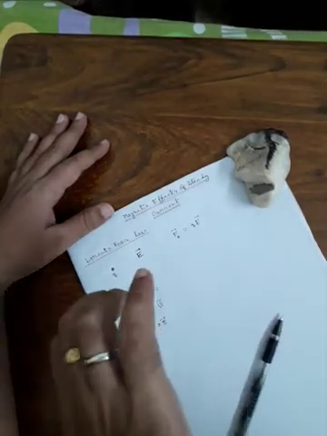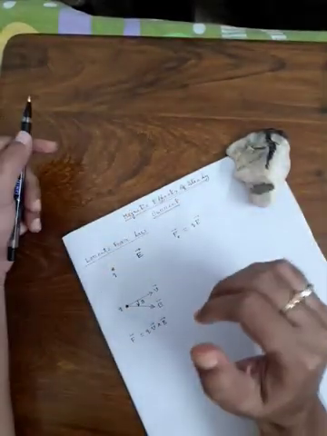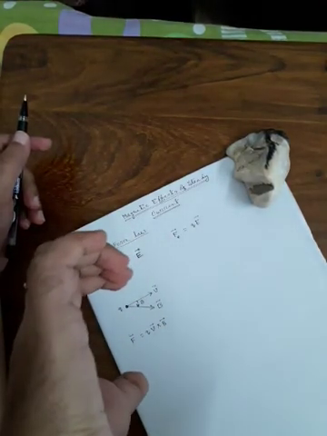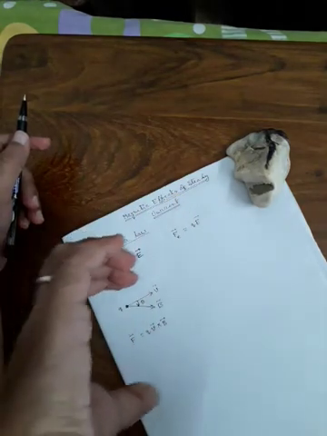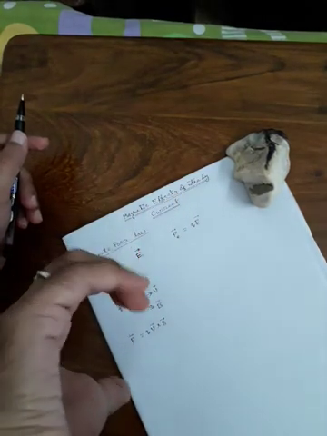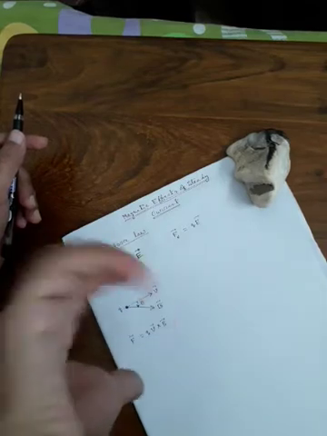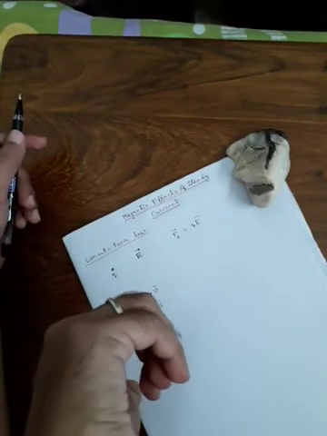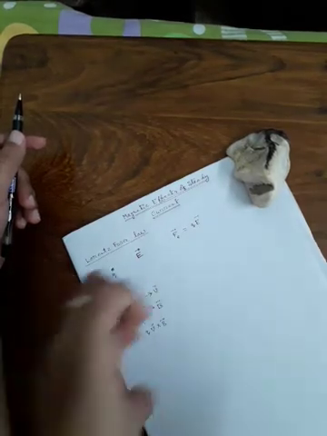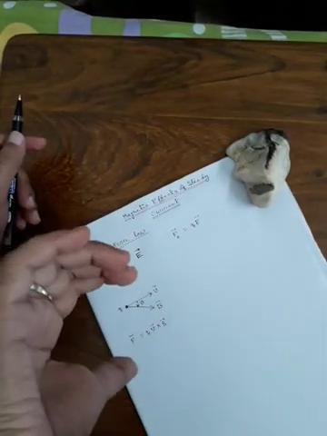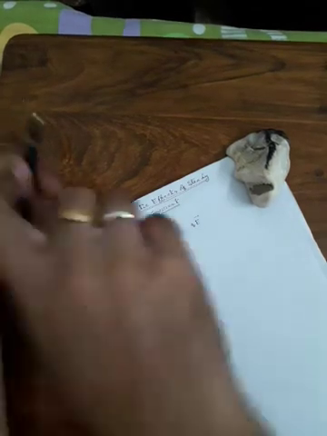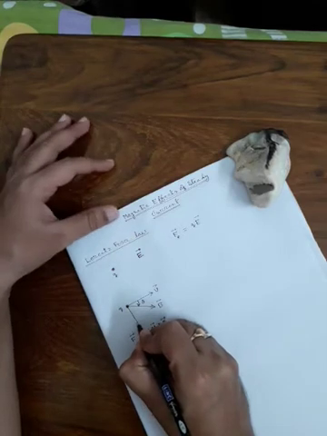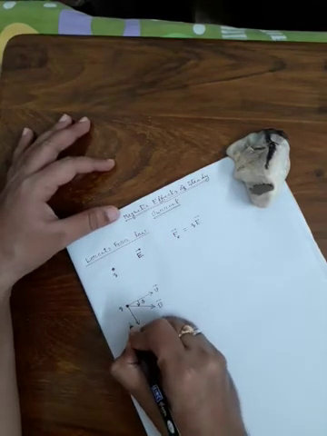Now from the right-handed system or right-hand rule, we can say the angle theta is from V to B, so the force F will be downwards according to the direction of our thumb. This is inside the paper, so V to B, the direction is like this. This is F.